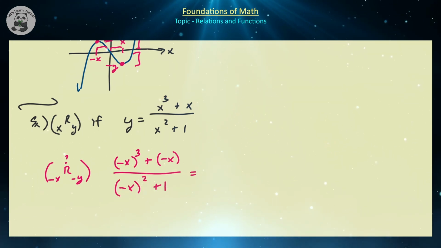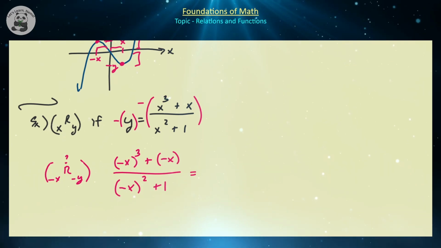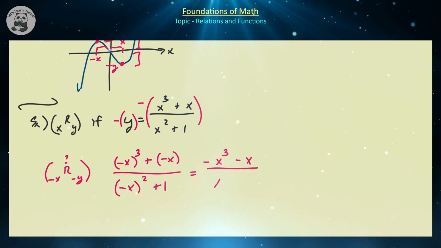So this is the minus x value. We just need to show it's equal to the minus of that. And let's see if it is. So when we cube minus x, that's negative 1 times negative 1 times negative 1, which is going to be equal to minus 1 times the positive x cubed, and then a positive times a negative is a negative number, and a negative times a negative is a positive, so that's going to be equal to positive x squared plus 1. Notice that I can factor out a negative 1 out of the top-hand side,